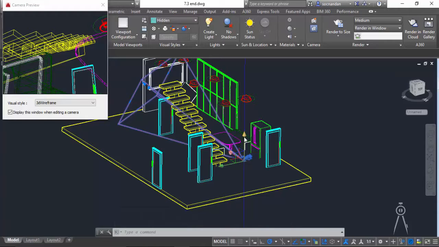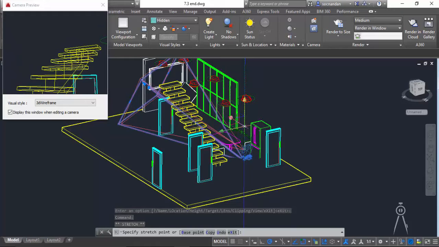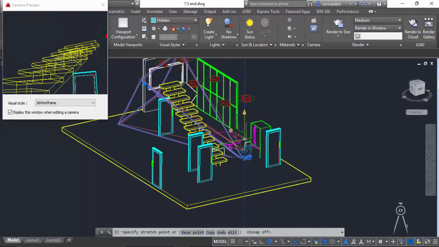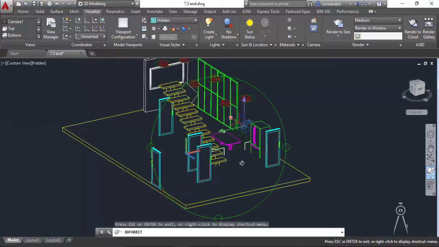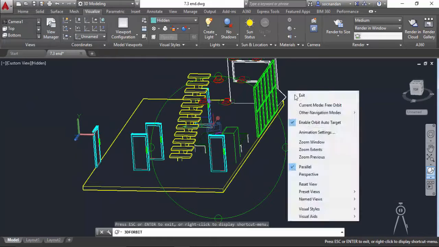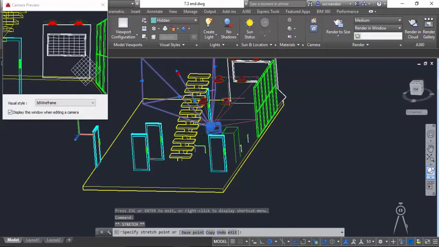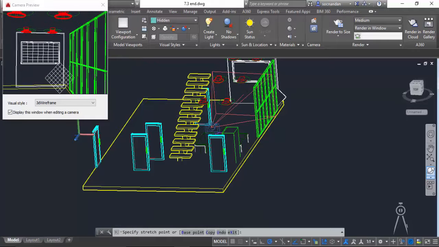So now we have these gizmos, and using these gizmos we'll modify its position. So let's move it a little bit upward, and before doing that I'll turn off this object snap marker to make the selection more precise. Okay, there it is. And also I will change the position of the camera target location. So currently the camera target is pointing on that side, which we don't want. We want it to point somewhere in this area. So just like this. Since you can see the preview directly here, you'll get a better feedback of how your camera is going to look.